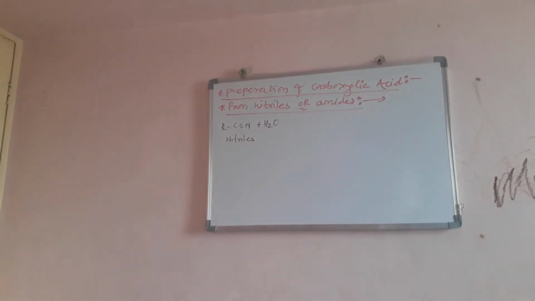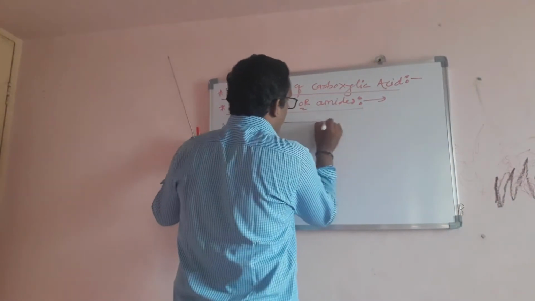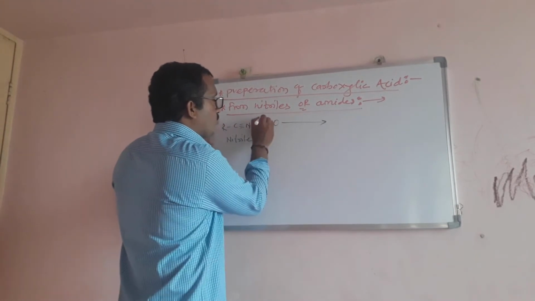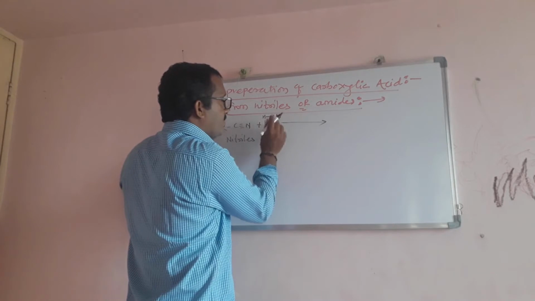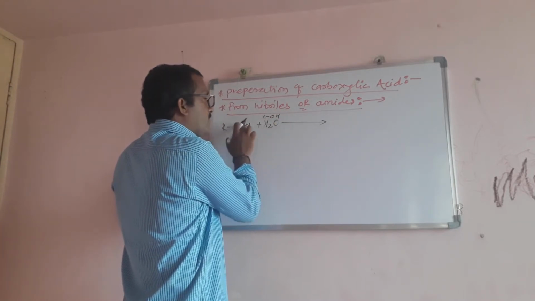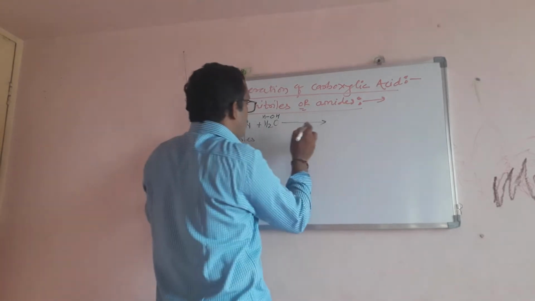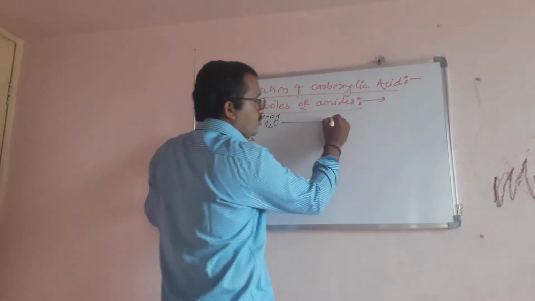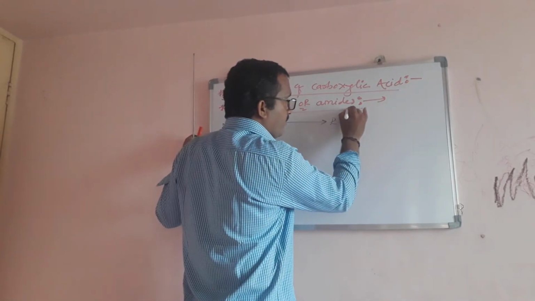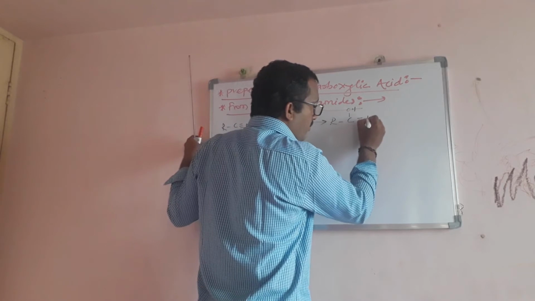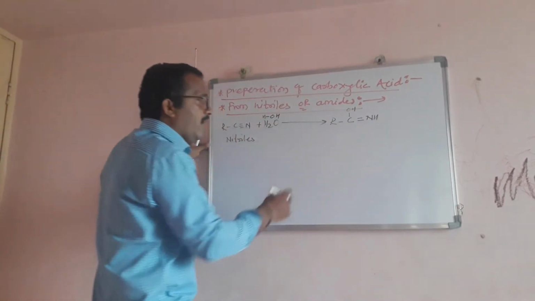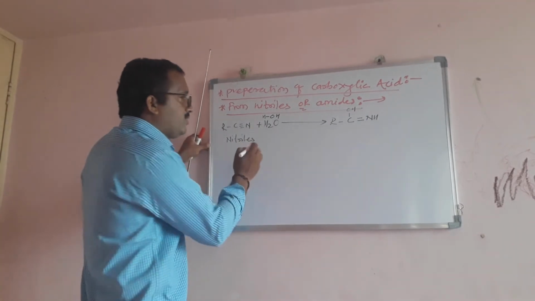Which gets converted to the formation of an unstable complex, that is imide, H2O. The OH minus attacks the carbon in the carbon-nitrogen triple bond, which will be converted into the double bond NH, and forms RCOH double bond NH. This is the imide, and this imide gets hydrolyzed again.